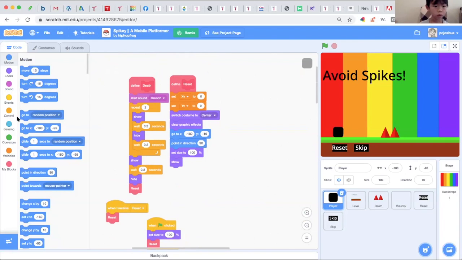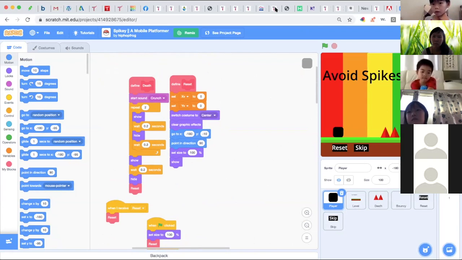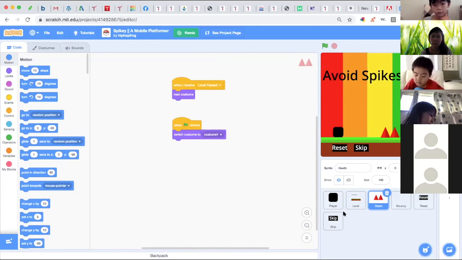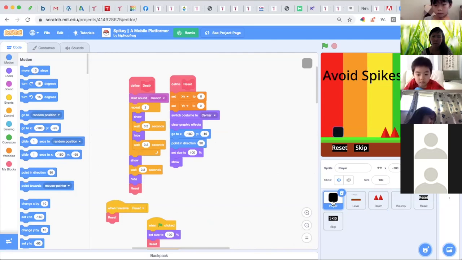So it sets x velocity to 0 and y velocity to 0, that means no movement, or else the player would keep on skipping. And then I switch costume to center, and then clear graphic effects, because we don't want any effects after the death, like change size by blah blah blah. We want it to return to its original size, so set size to 100%, show, and then go to X,